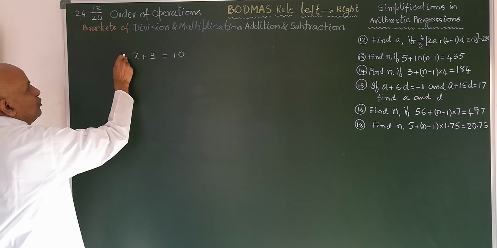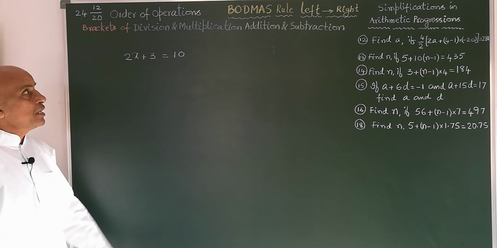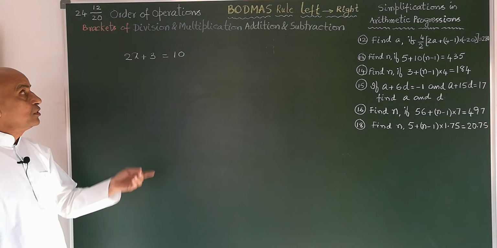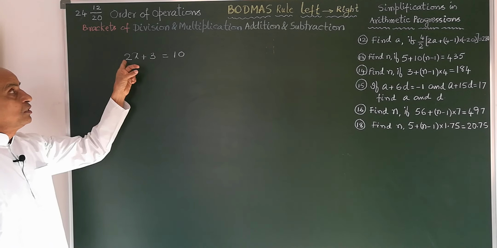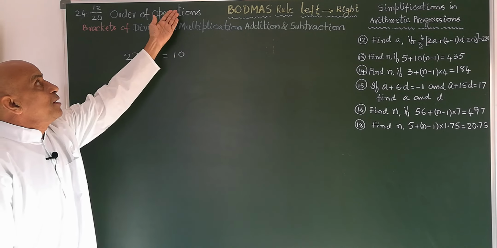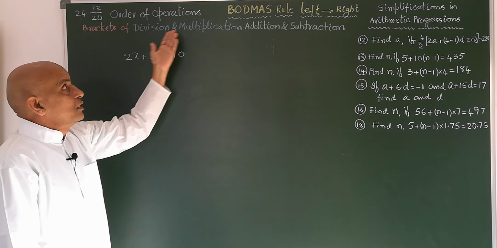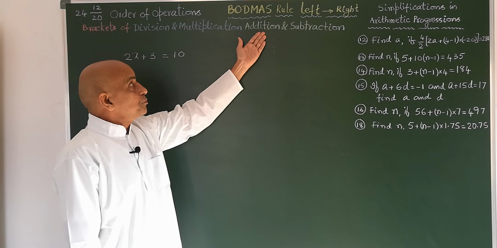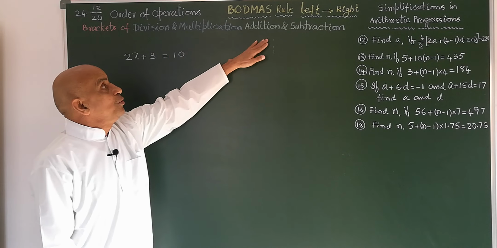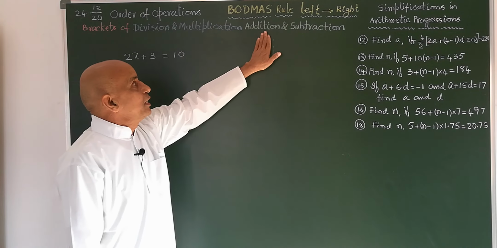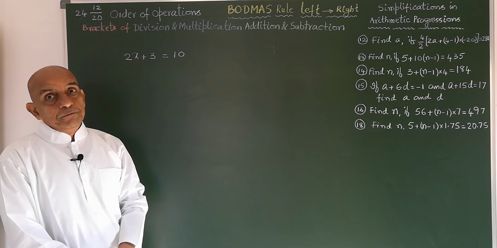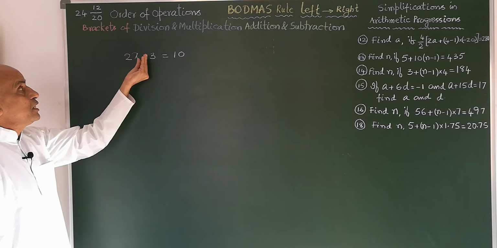Say for example, you have 2x plus 3 is equal to 10. So, when we are undoing the operations, should we do the multiplication first or addition first? In order to clear that confusion, again the same order of operations, same BODMAS rule you can go. So, addition has come after multiplication. So, while doing it in the reverse way, first we will address this addition or subtraction, then we will go for multiplication or division. So, here 3 is added.